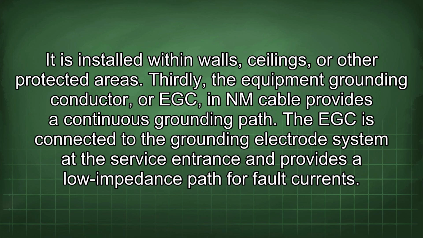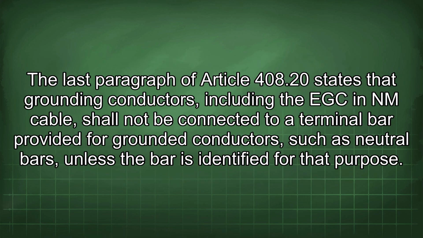Thirdly, the equipment grounding conductor, or EGC, in NM cable provides a continuous grounding path. The EGC is connected to the grounding electrode system at the service entrance and provides a low impedance path for fault currents. The last paragraph of Article 408.20 states that grounding conductors, including the EGC in NM cable, shall not